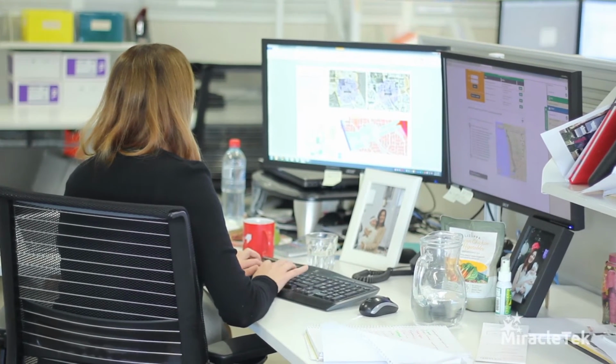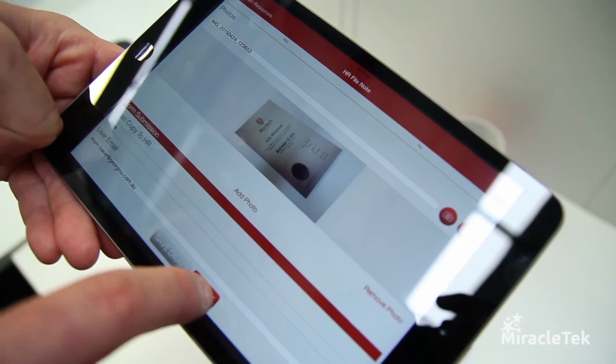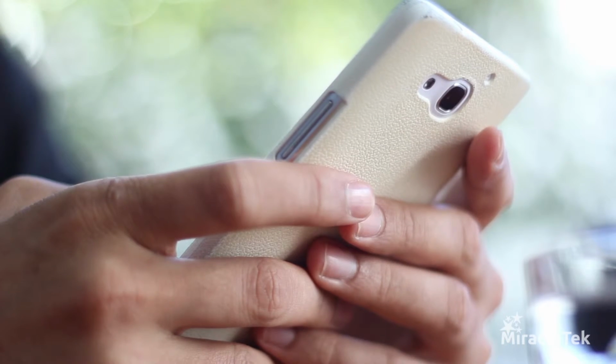One App. Some of the One App features which have been most beneficial include the ability to capture images. So we've used that to capture driver's licenses or qualifications before an employee starts. Also the ability for us to sign documentation. So it could be from a change of conditions, it could be from a file note, or other legal documentation. We're able to actually have the employee or the manager sign that and get that information back to HR for